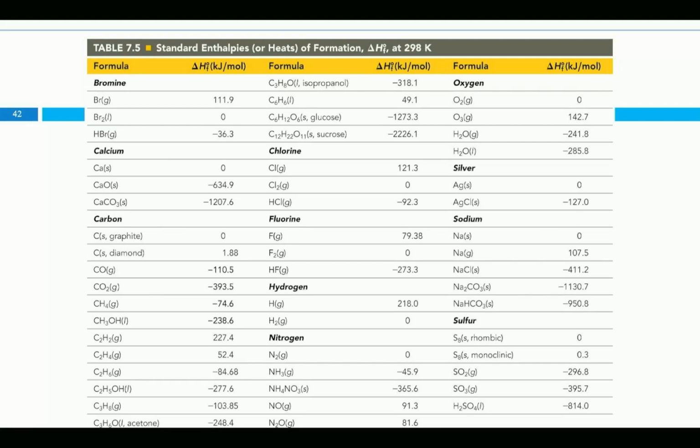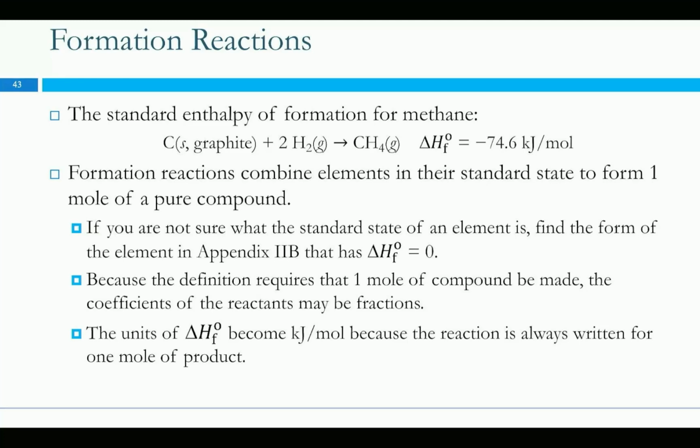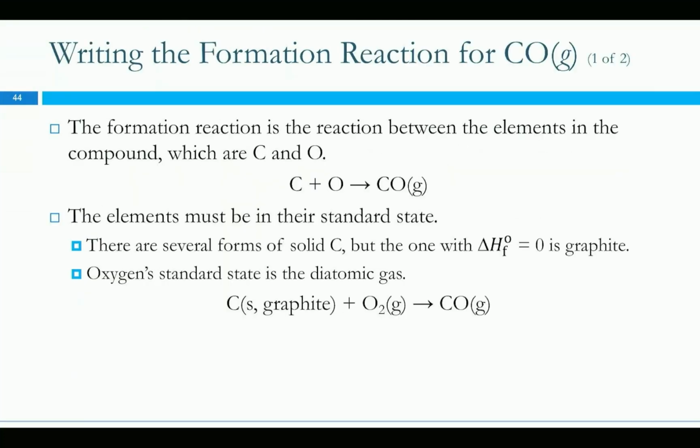might want to make. And all we got to do is find the compound we want to make on the table, or find compounds that we need off the table and add their chemical reactions together like we did on those previous examples. And then everything's in kilojoules per mole. And then for any of those compounds on that table, again, like carbon and oxygen, it's going to be carbon in its solid graphite form, oxygen gives carbon monoxide, or we could do carbon dioxide